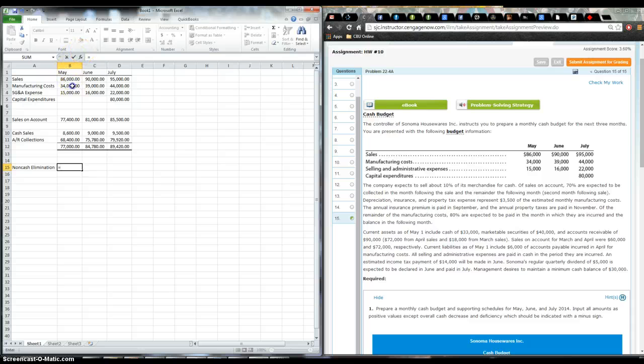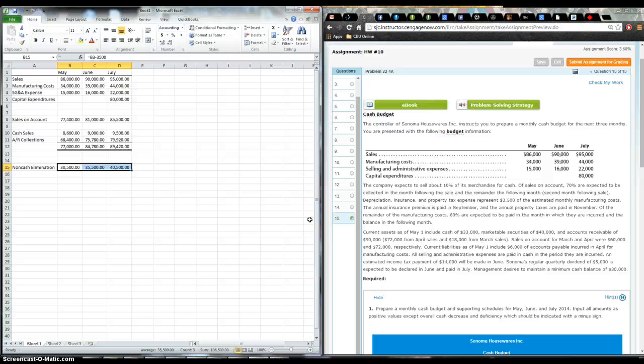So we will have manufacturing costs minus 3,500. And we can copy that formula over and it'll go to the manufacturing costs for each month. Okay, so now this should be cash items. Sort of. We have to find out how much we actually pay in cash and how much we pay on